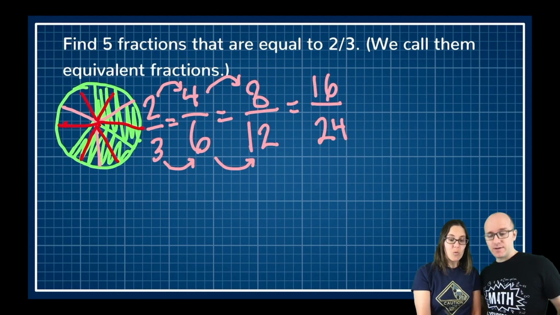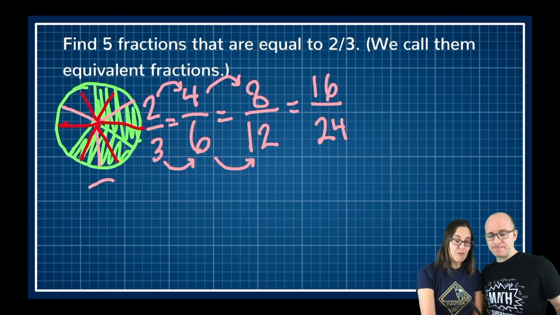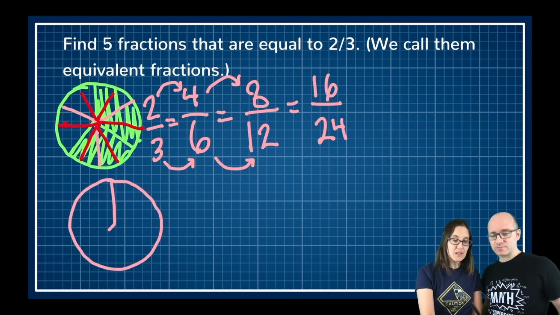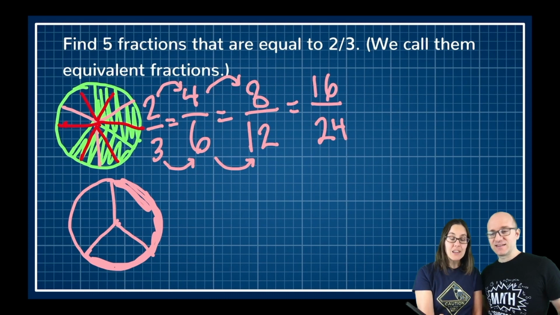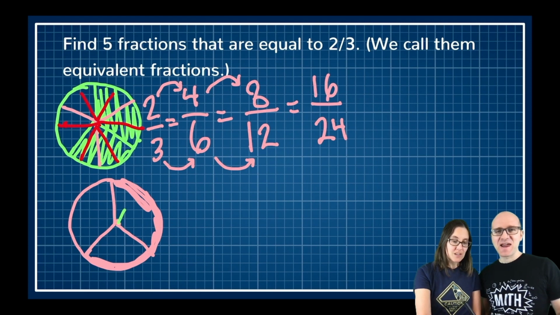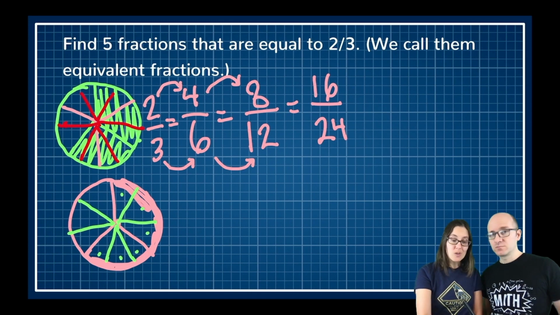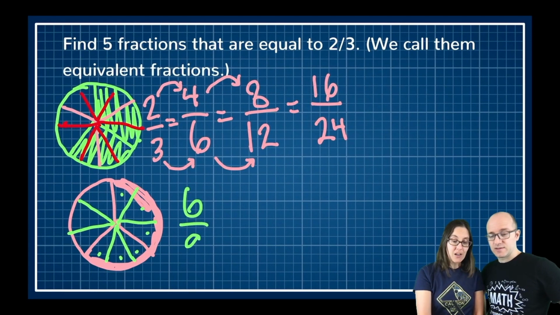They're equal. Now I have 4 fractions here, but to get my 5th one, I'm going to draw my pizza again, where I had 2/3 that was shaded. So this section right here is going to be my shaded section. But this time, instead of dividing each pizza slice in half, I'm going to divide them into thirds. So this one I cut into 3 pieces. This one I cut into 1, 2, 3 pieces. And then this one I cut into 3 pieces. So now I have 1, 2, 3, 4, 5, 6, 7, 8, 9. 9 total slices, and 6 out of 9 are shaded.